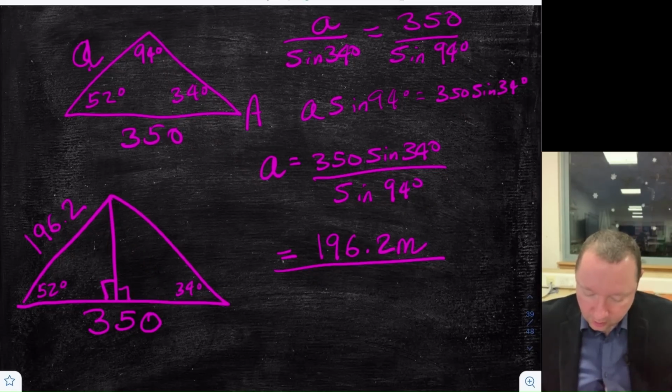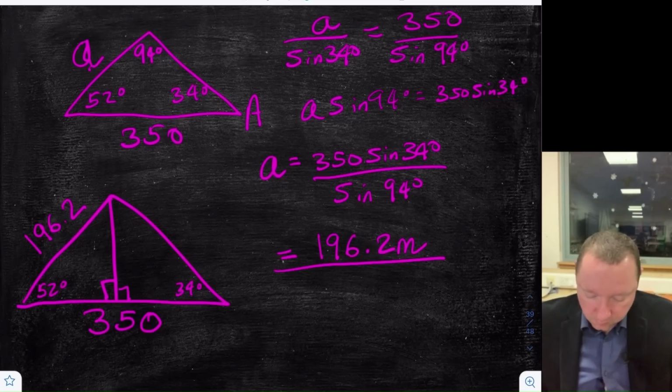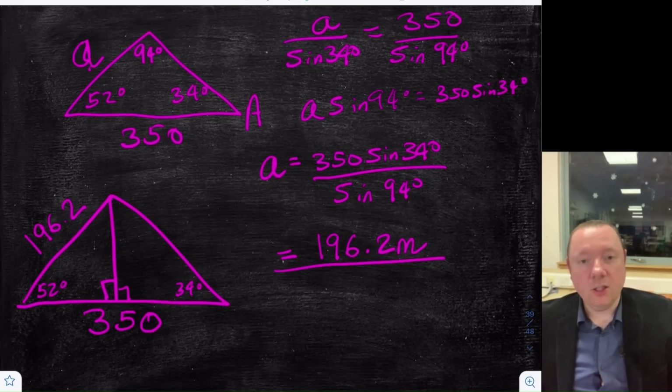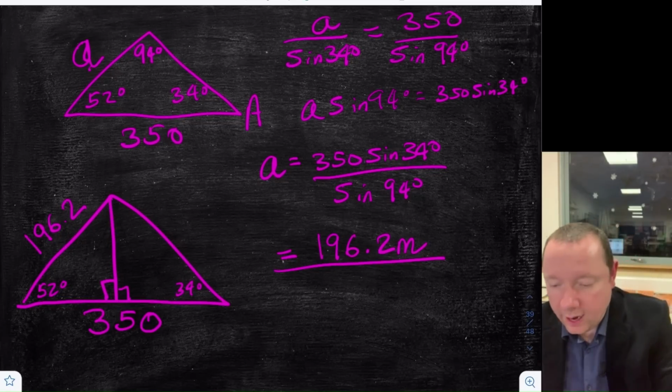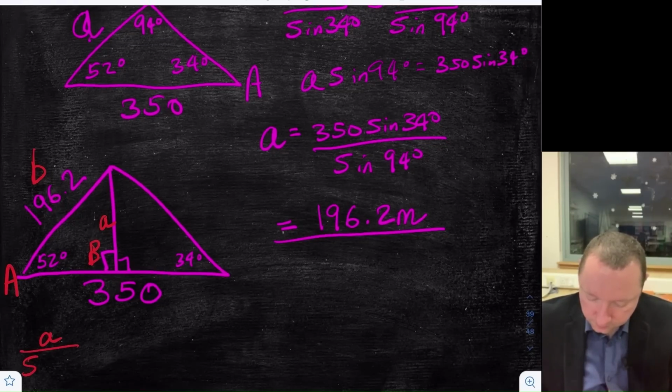You can calculate either this angle or this angle using right angle triangles here. But there's lots of ways now to work out this height. The easiest way is to use the sine rule again. So we'll go ahead and do that. We have got, if I use a different colour, I'm going to use this one, goes with this one. And we're going to use this one, this is an angle B, goes with this one here. So we can just simply write A over sine 52